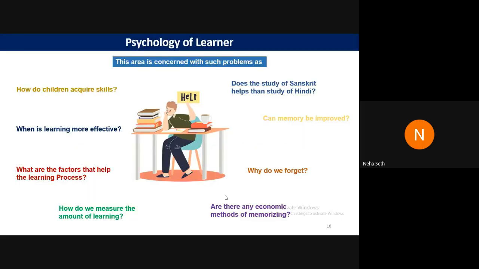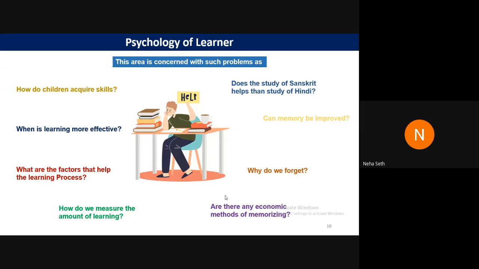Please come to the next slide. Okay, now what areas is it concerned with, and why do we need to study this? Why do we need to continuously focus on these things as well? This is something which is not upfront. Learning psychology, or understanding psychology, is a continuous, ongoing process which is there in the teacher's mind when he or she is taking any subject in the class. Now, what happens to kids' minds when they are in the class?